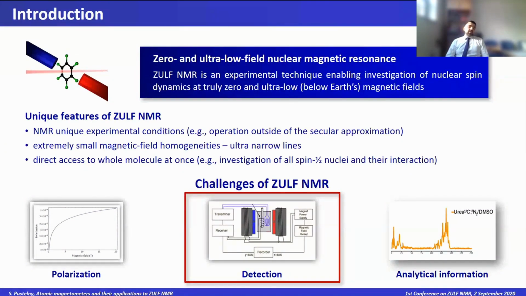While this is an interesting thing, we learned yesterday that there are some reasons why people work at high field using very strong superconducting magnets. So if you want to operate under different conditions, in particular when you want to measure signals at zero field, you have to address some problems.